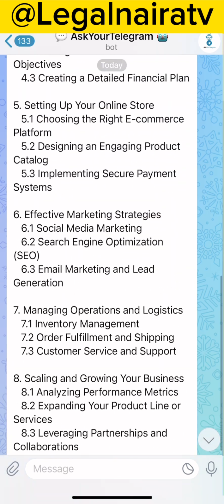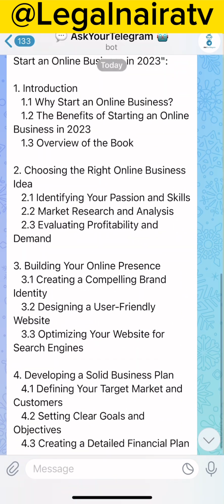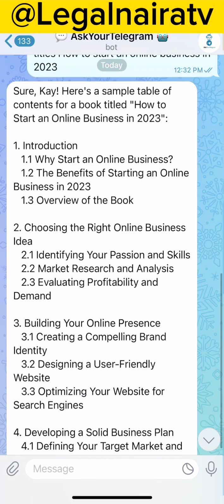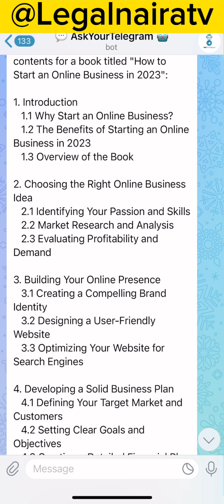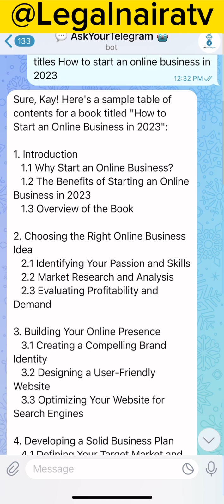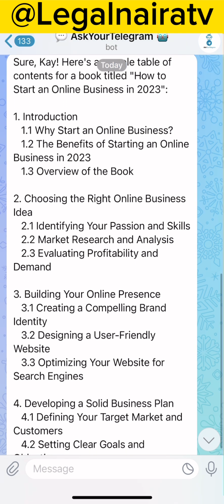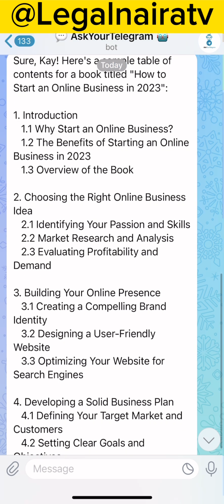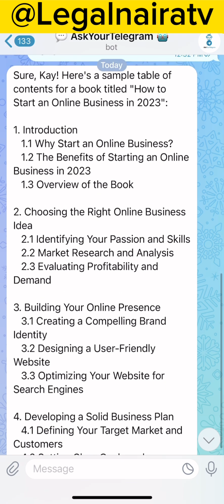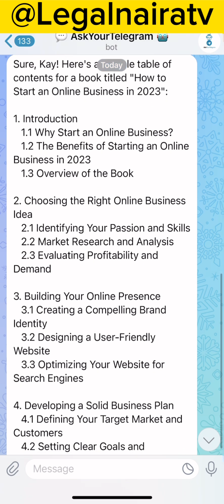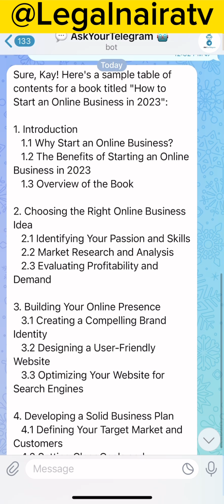All you need to do now is to start getting contents for each of these elements step by step. I don't want this video to be too long. I have a 10 series video on how to write, plagiarize, and paraphrase books with your smartphone. You don't need a laptop to do that. All you need to do is to watch those videos, follow what I explained, and you will get your books readily available for uploads on Amazon or any other book publishing website.